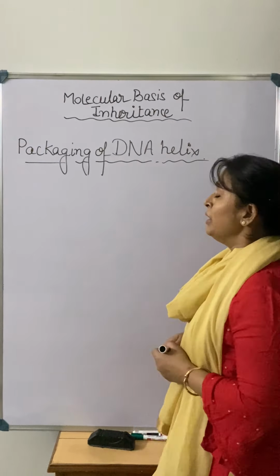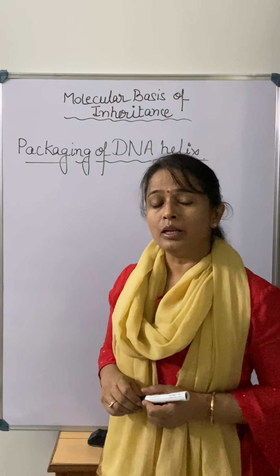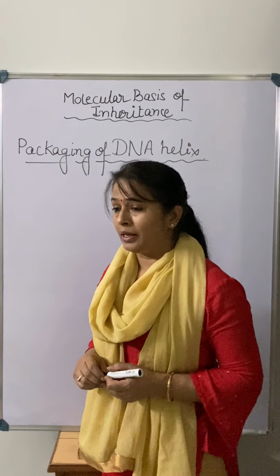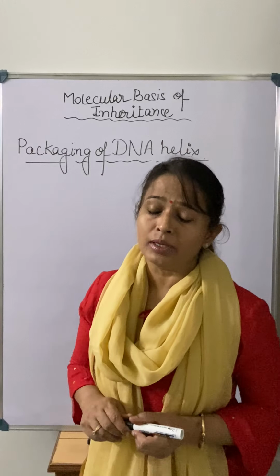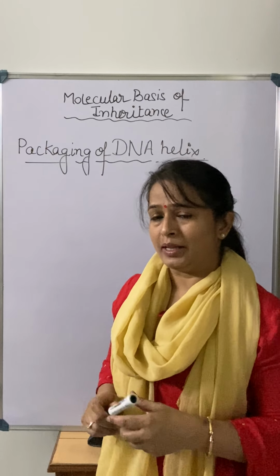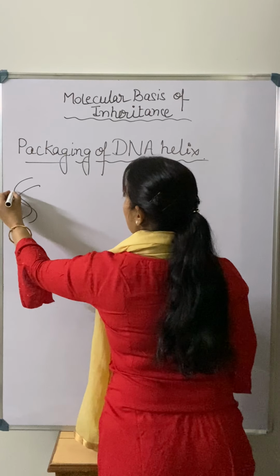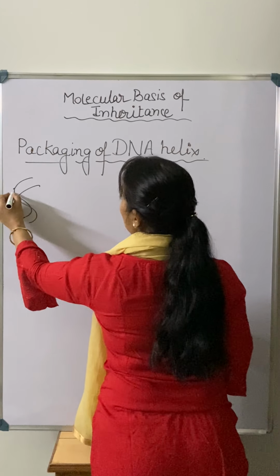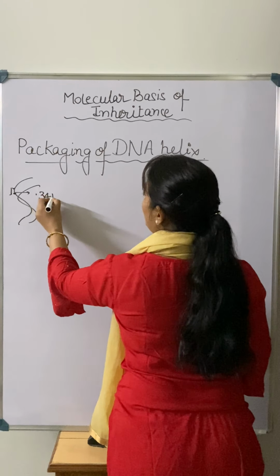As I told you in the previous video, that was the Watson and Crick double helix model. In that I told you DNA is a double helical structure, and there is a number of base pairs present. I told you how many base pairs each helix of a DNA has, and the distance between two base pairs. If we talk about the distance between two base pairs, that I have told you, is 0.34 nanometer, right?